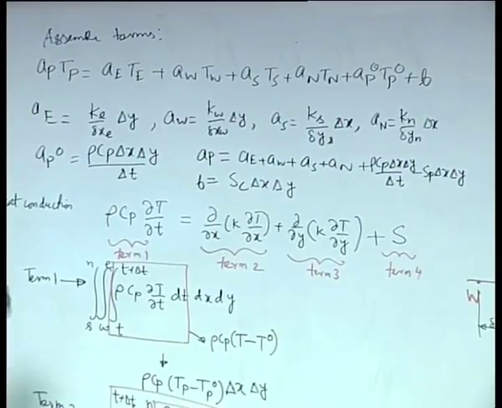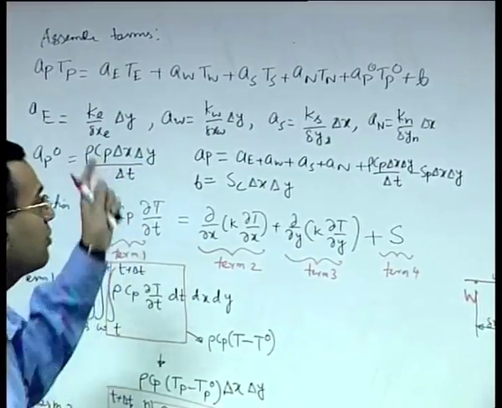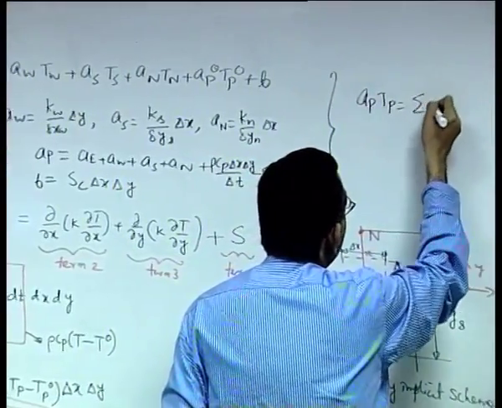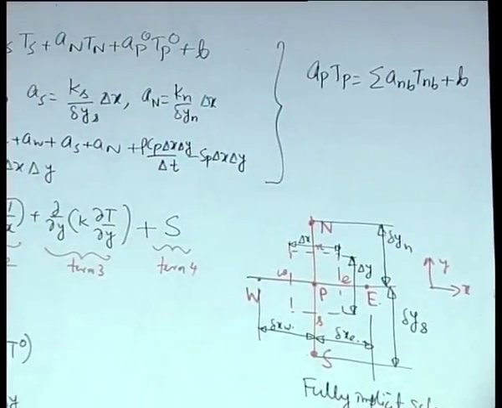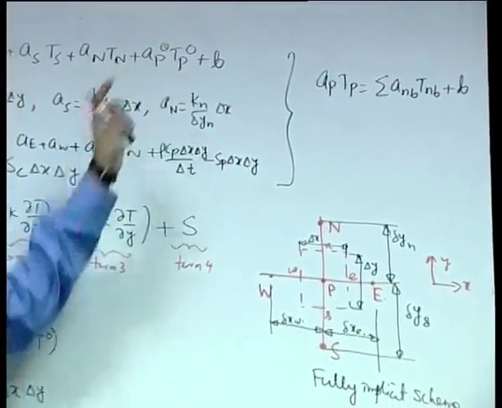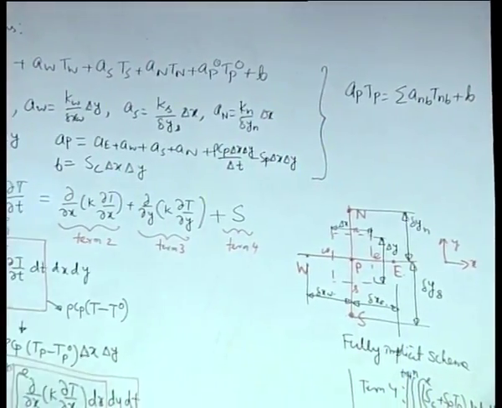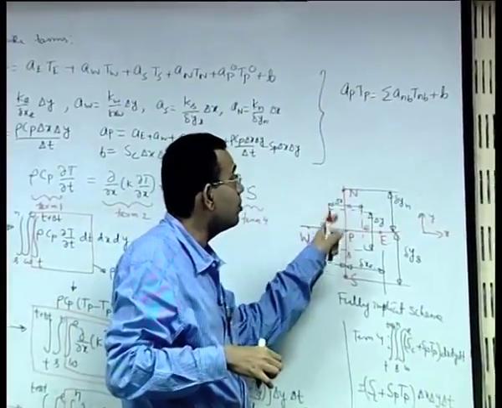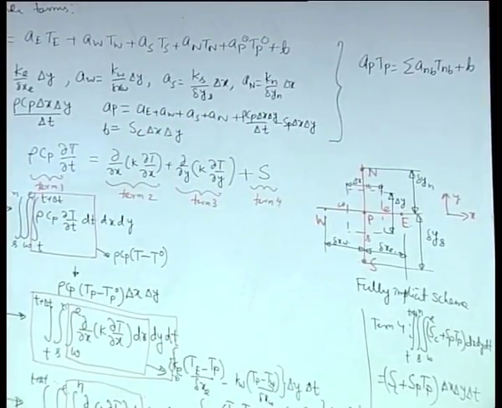So, what we can see is that this equation also can be cast in the same form as that of the generic form that we have developed for a one dimensional problem. What is that? AP TP is equal to summation of A neighbor into T neighbor plus B, where here there are 4 space neighbors and 1 time neighbor. This casts the system into a system of linear algebraic equations, but now there are 4 spatial neighbors and 1 temporal neighbor. So, those appear instead of a fewer number of neighbors for a one dimensional problem. That is the first observation.